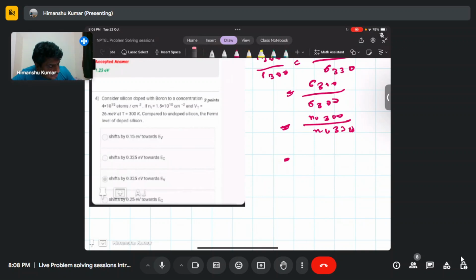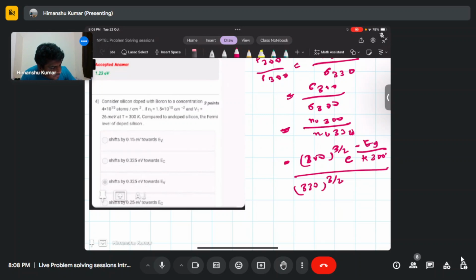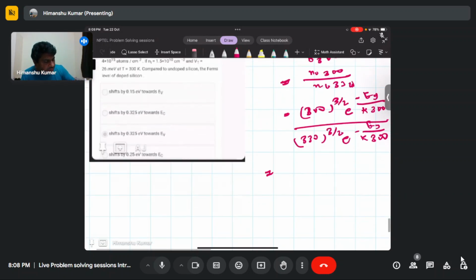your temperature 300 Kelvin. So it will be equal to 300 Kelvin power 3 by 2, exponential of minus Eg divided by k times 300 Kelvin, divided by 330 Kelvin power 3 by 2, exponential of minus Eg by k times 330 Kelvin. Then you can take this exponential term. So this will become 300 by 330